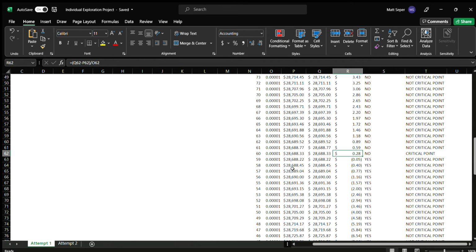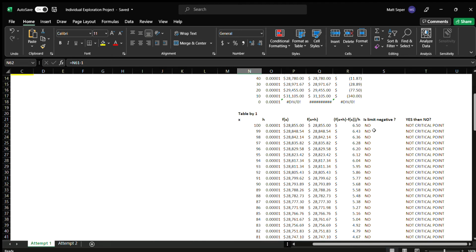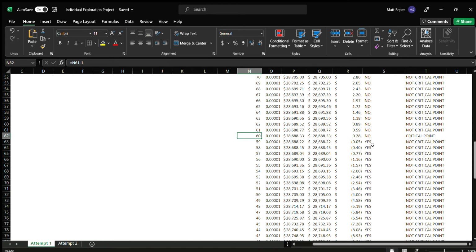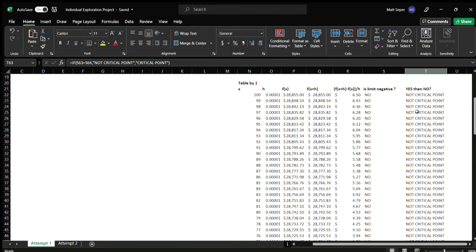This is created in the same setup as the table by 10 was. Then my issue was trying to find a way to select the two values around the critical point, so I could test both of them and see which one gave me the true minimum cost. I tried saying that if the limit is positive, it says no, and if it's negative, it says yes. If two adjacent values have different words, so if one says no and one says yes, then I wanted it to say critical point next to it. However, the issue was the code I created for critical point, not critical point,